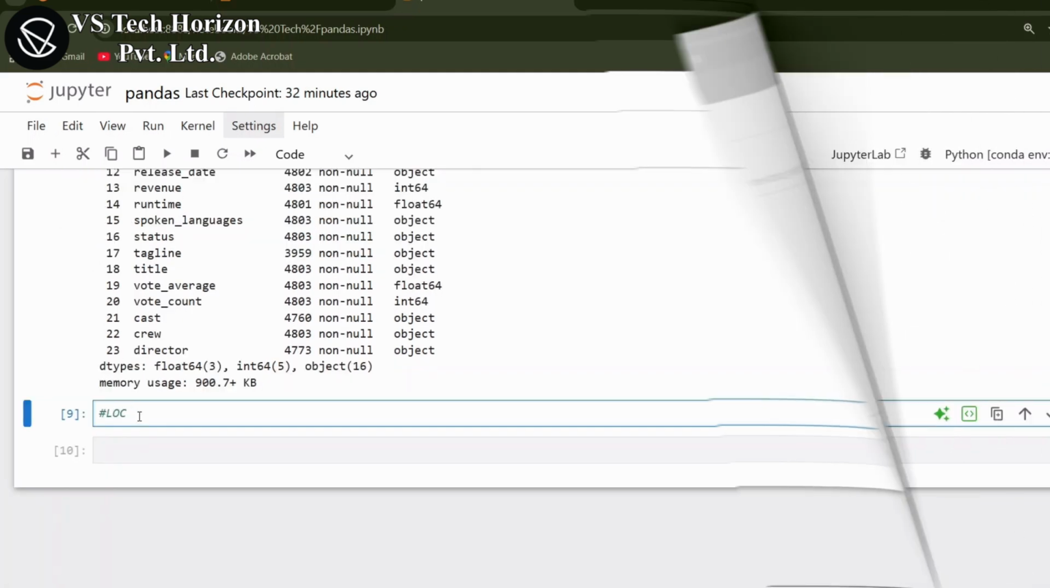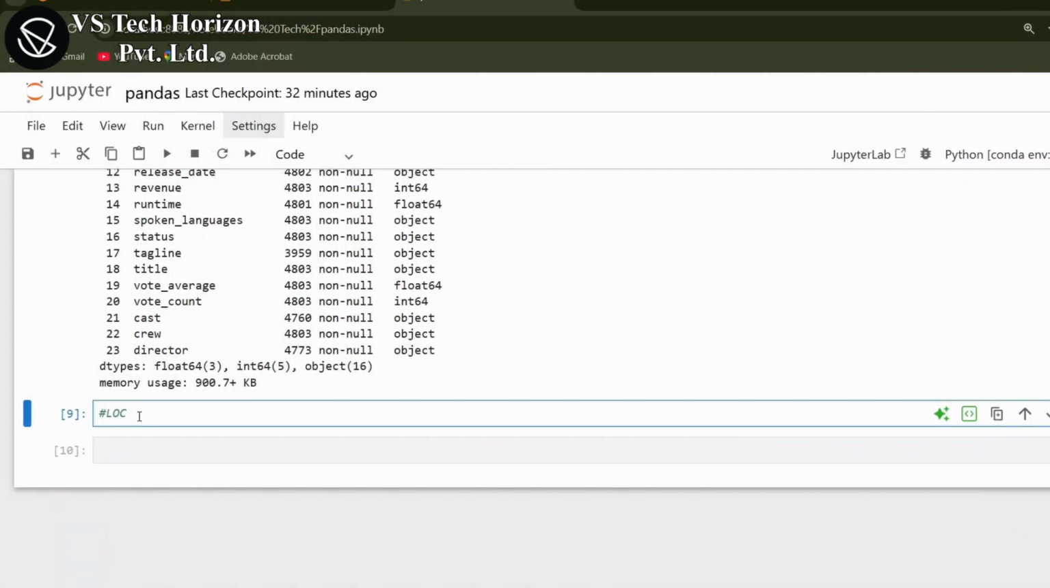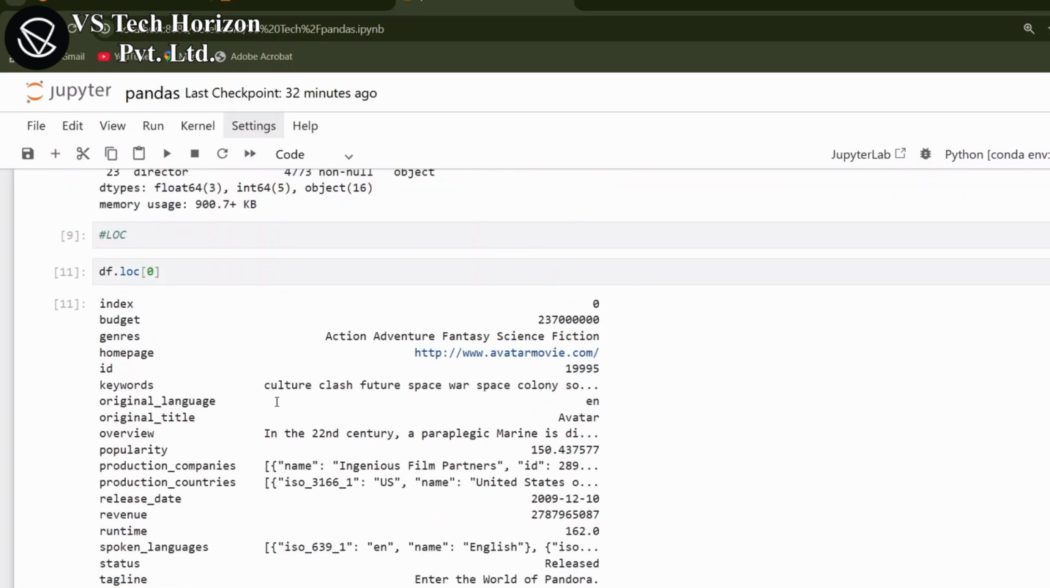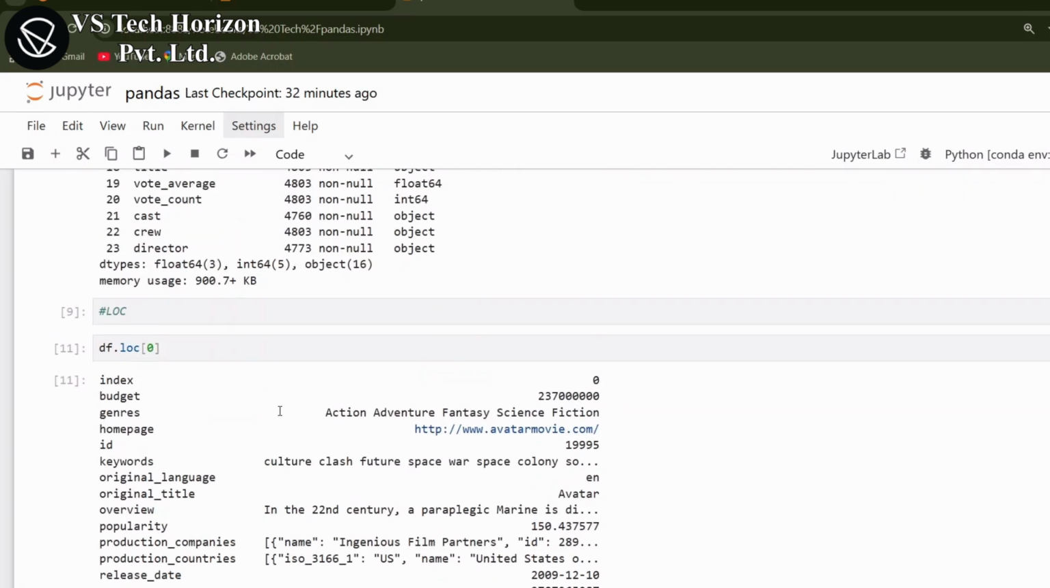Now let's understand what loc is. loc is used for label-based indexing. Using loc, we select data by row labels and column names. So let's take an example. loc 0. Here 0 is the row label and loc works using labels. So let's execute this code. The output shows the entire first row of the dataset,